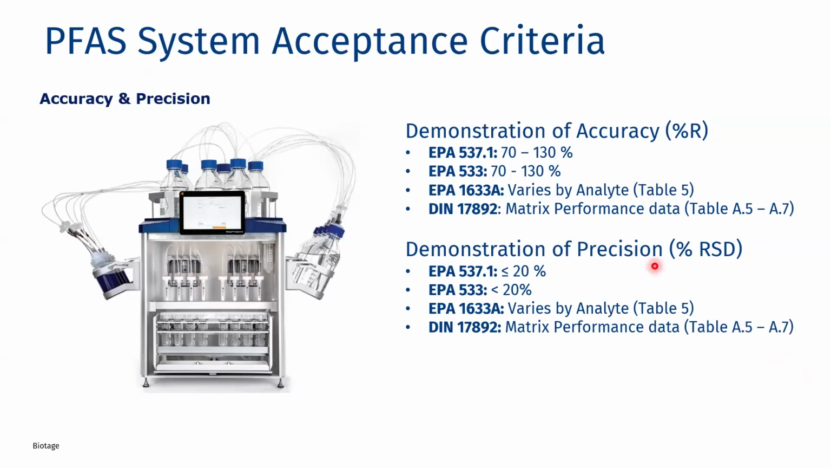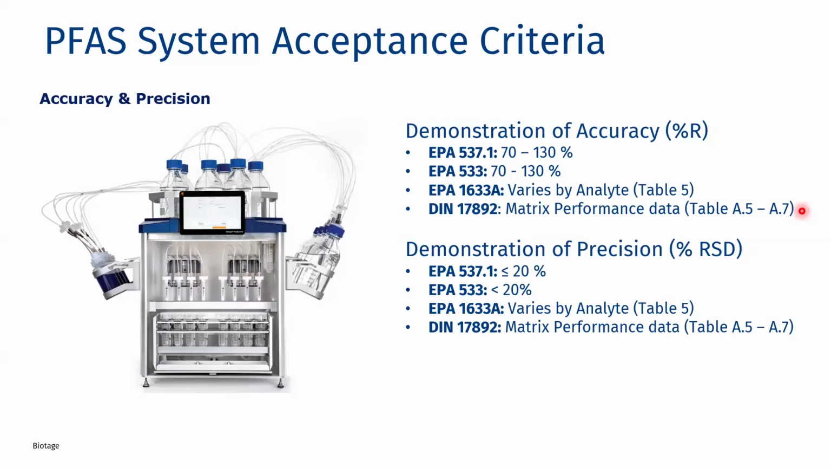For the EPA method 537.1 and 533, the accuracy or percent recovery is acceptable between the range of 70 to 130%, and that is for all analytes referenced in those methods. For 1633A, it varies by analyte, and you can see how it varies looking at table 5. And in the DIN 17892 method, it actually doesn't have accuracy demonstration requirements, but it has matrix performance data. So it goes over a few different matrices and how they performed, and those can be found in table